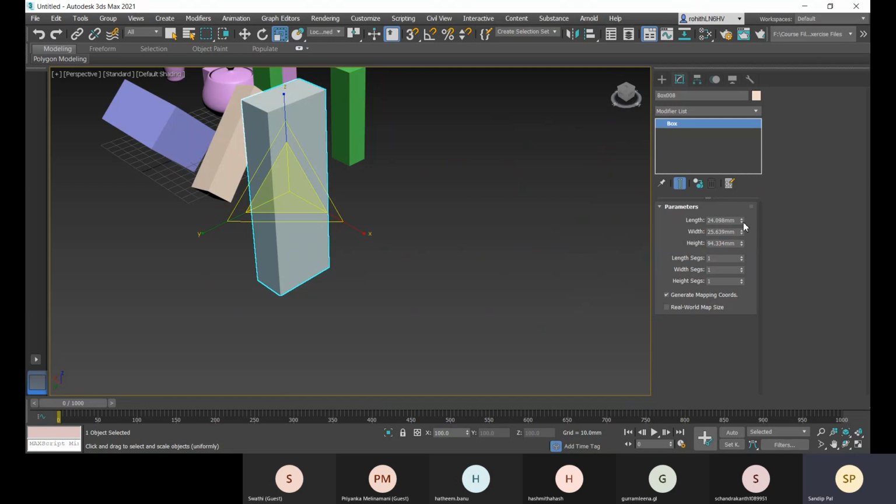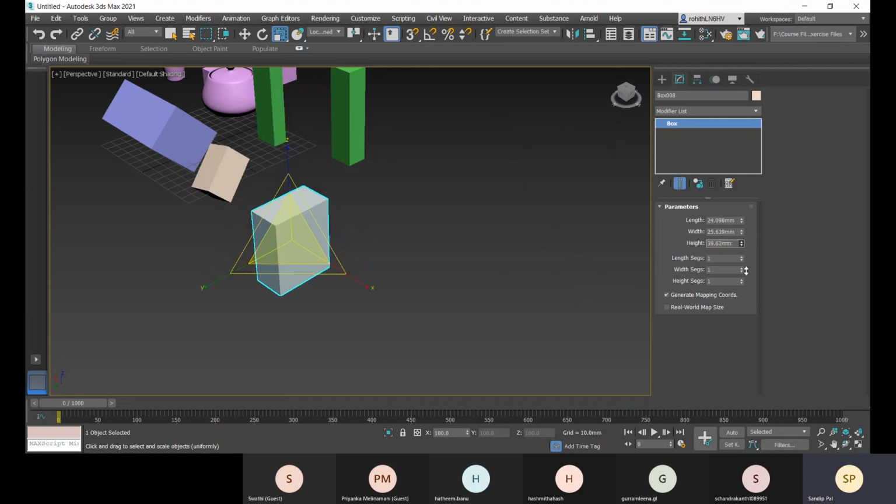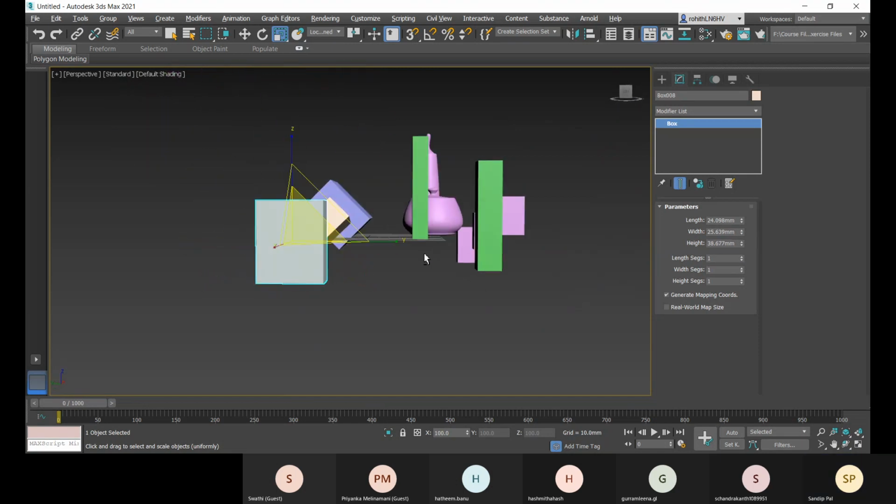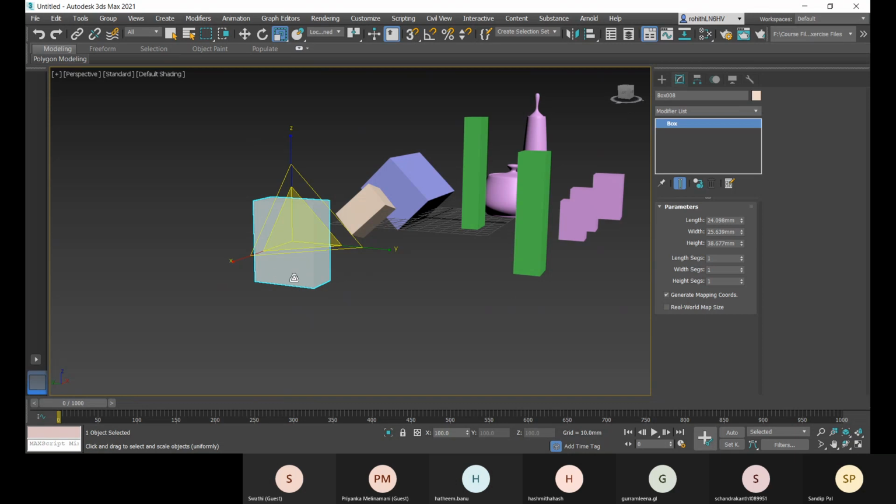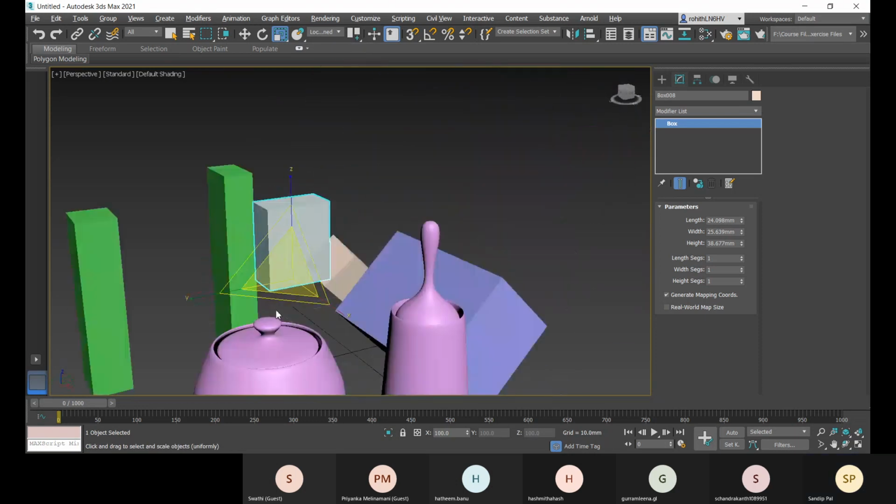If you change the height, you can see. So at the geometric center, it is placed. And we have this use transform coordinate center.